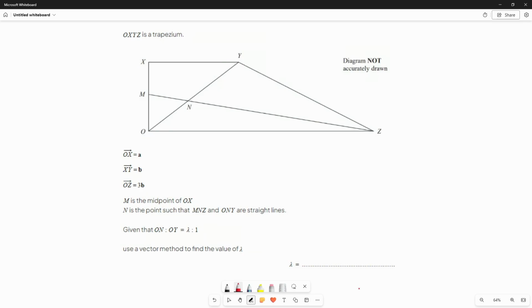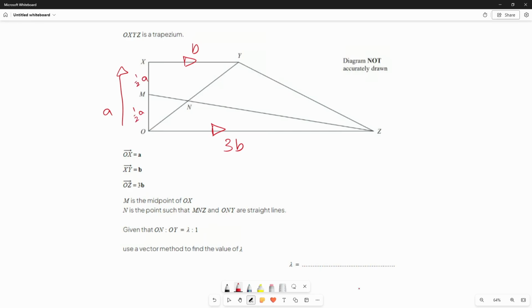It tells us that OXYZ is a trapezium, so this shape is a trapezium. It tells us that OX is A, XY is B, and OZ is 3B. It tells us that M is the midpoint of OX, so that means this is half A,